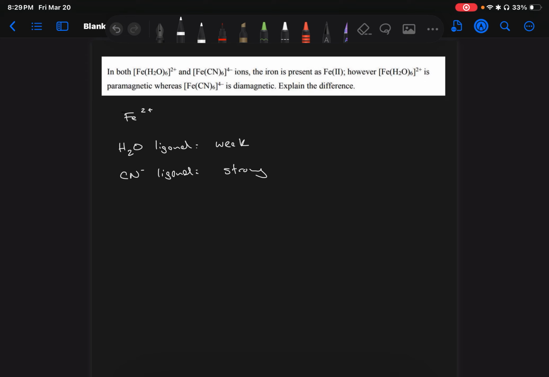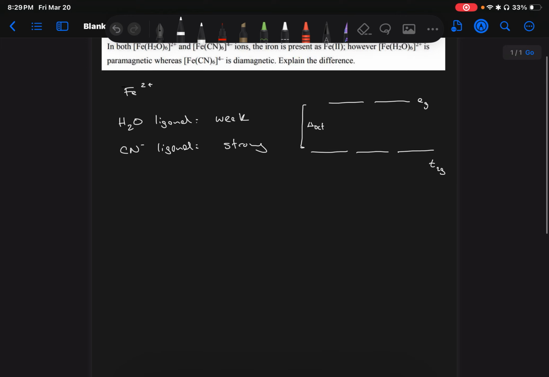So for octahedral, we'll form 2 electron levels at the top and 3 at the bottom. The top level is going to be called EG, and the bottom one is going to be T2G. This gap in between is quite important. This is going to be the delta octahedral, so let's put delta oct. This is just a basic drawing. So for weak,